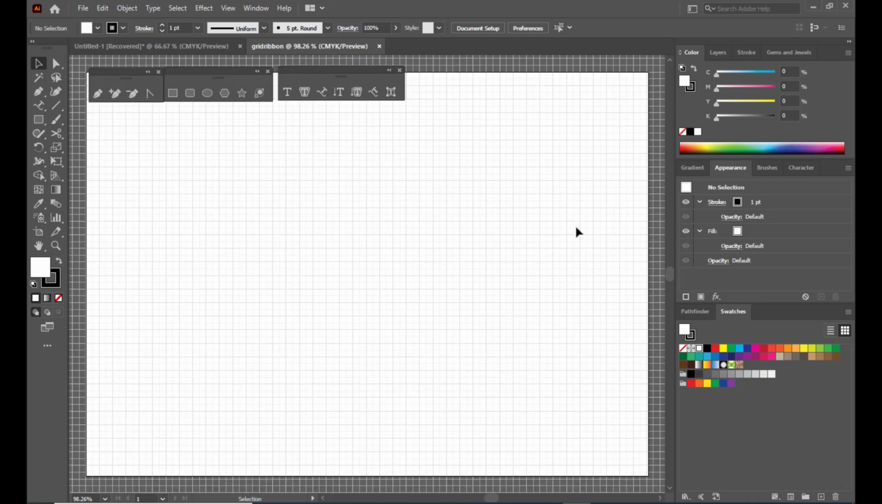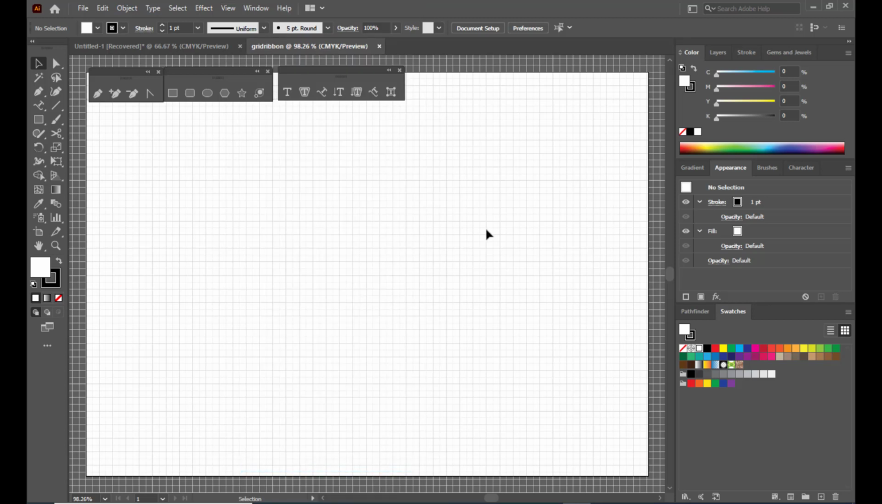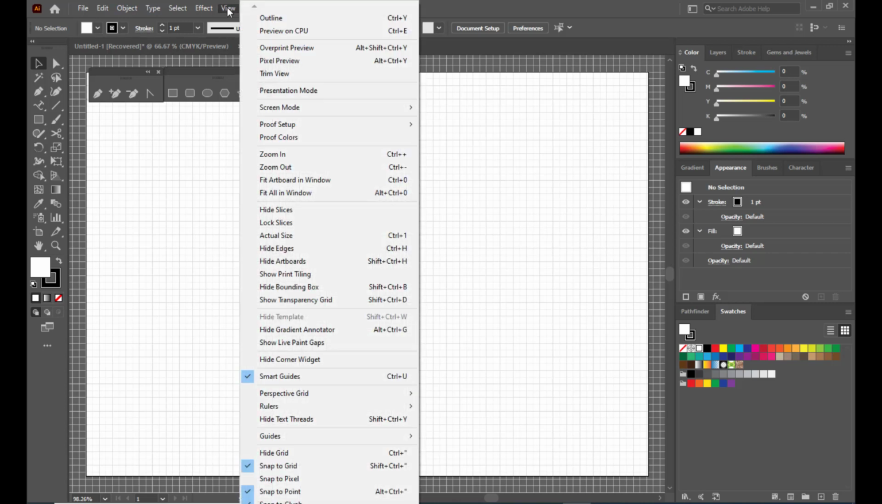And we will be snapping our points to these grid lines. So to snap our points to these grid lines, we need to go to the view menu, and here we have an option, snap to grid. It's important to activate this option, because we want the points that we are going to create by using our pen tool to snap to these grid lines. That's very important. And we should also turn on this option, snap to point,